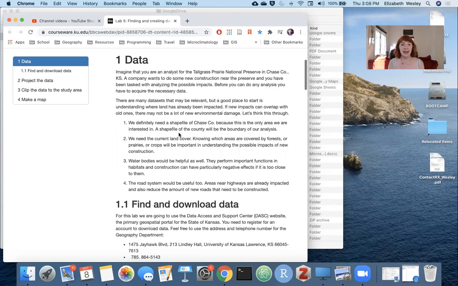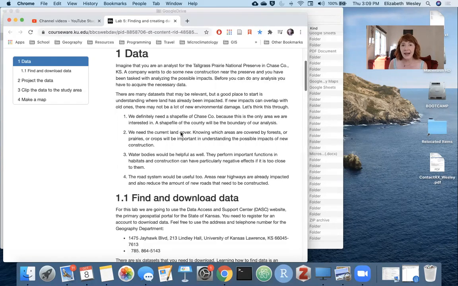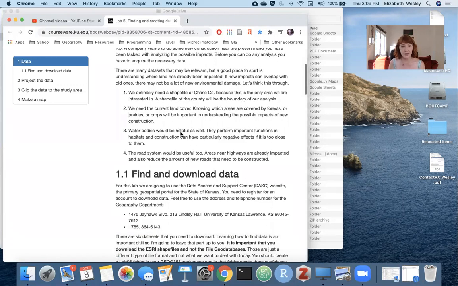So to begin that analysis, you have to get some data, right? And you have to think about the problem and what data you might need to do this analysis, right? And there's a lot of data sets that you could try and find, but I was thinking that the basics, first you need a shapefile of the county, Chase County, Kansas, because that's going to be your study area. All of the analysis that you're going to do is going to be in that single county,